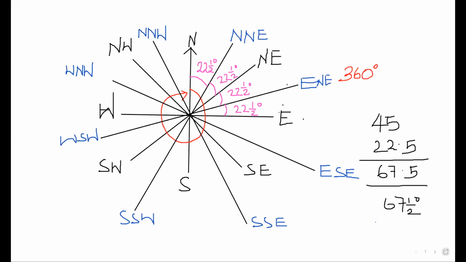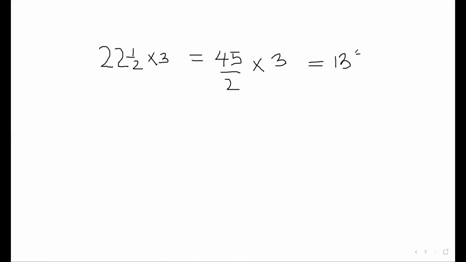What did you get? I got 127. What do you get here? This is 45 over 2. Then I multiplied 45 times 3, then I divided by 2. So what do you get there? 45 times 3 is 135, divided by 2, which gives you what? Oh, I divided wrongly. It is 67.5.